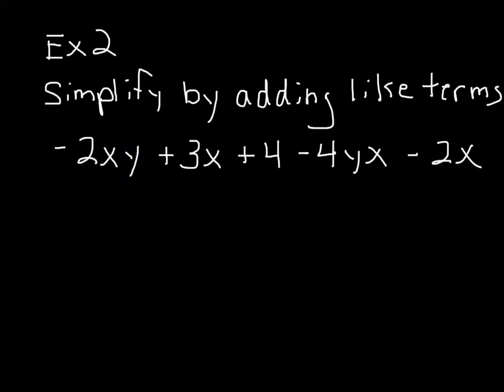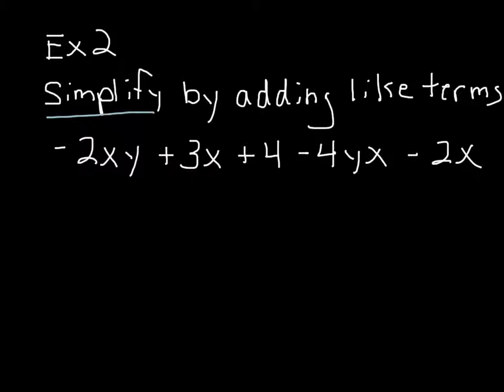All right, in example 2, I want you to write this down along with the directions. Now, since we've just gotten done describing what are like terms, now let's combine like terms. Let's simplify like terms by adding them. Now, as I look at this expression, a negative 2xy plus 3x plus 4